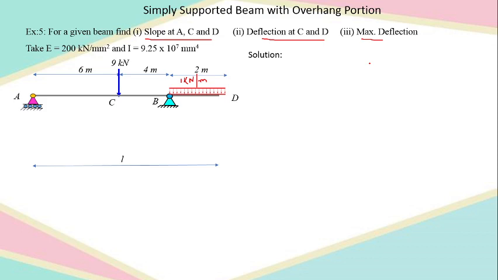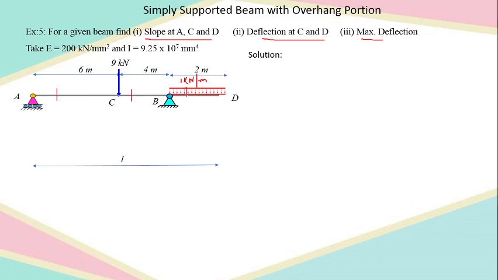Is that okay? Now just remember the fourth rule that we have already studied in the initial stage. That rule says whenever we come across an overhanging part on a simply supported beam, here the overhanging part is occurring on the right hand side of this support B, so I have to start analyzing this beam from the left hand side, means I have to take the sections, first section, second section and then third section.